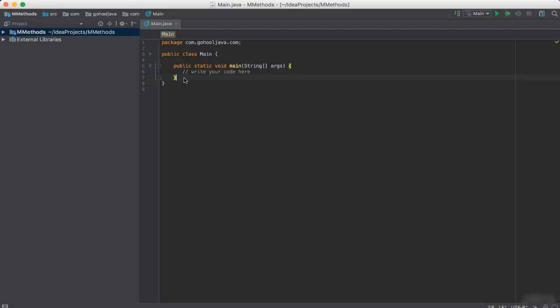Another way of thinking of a method is as a little block of code that you can enclose in a package, per se. You do all of your computation, all of your statements, all of your logic, and then somewhere else